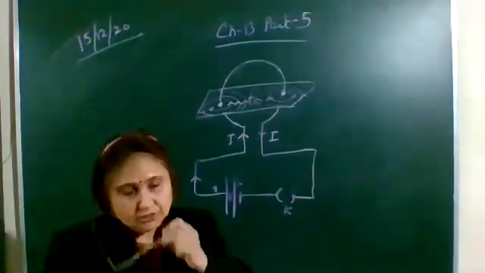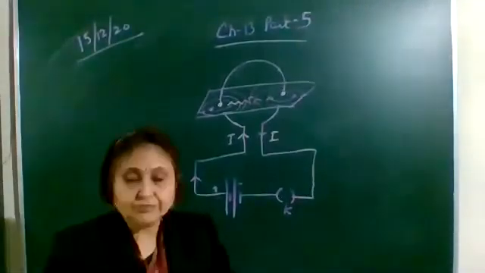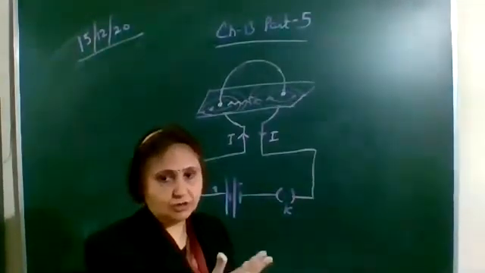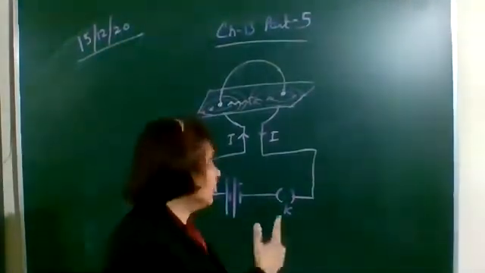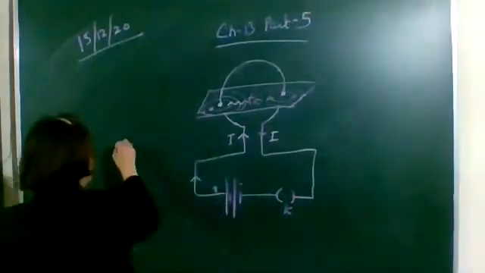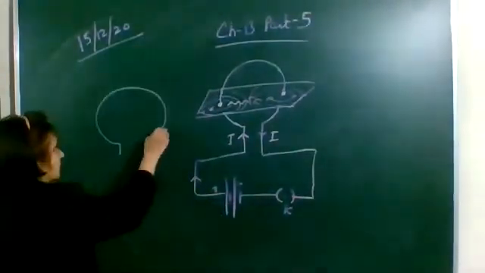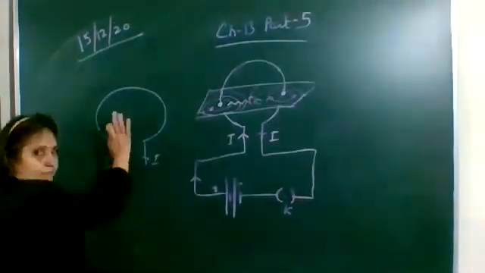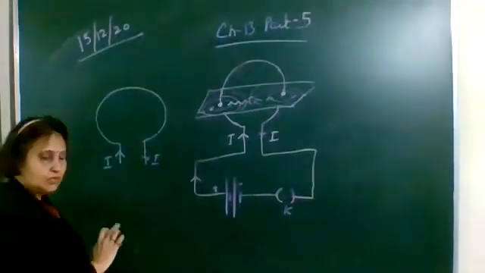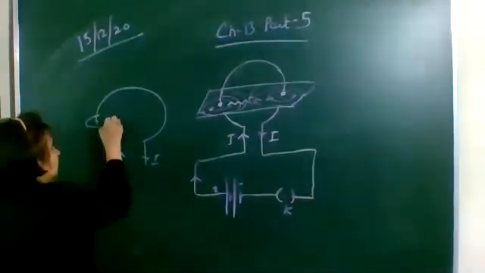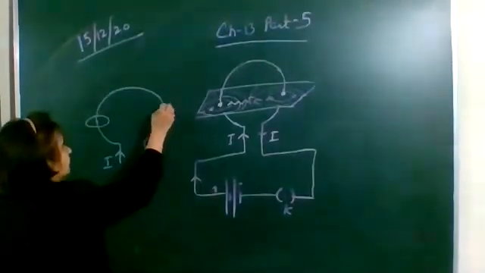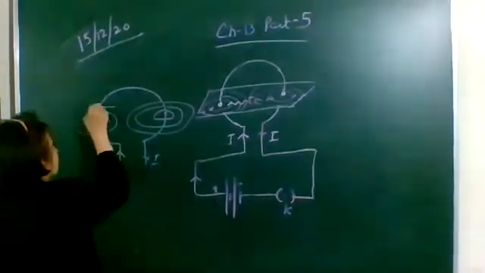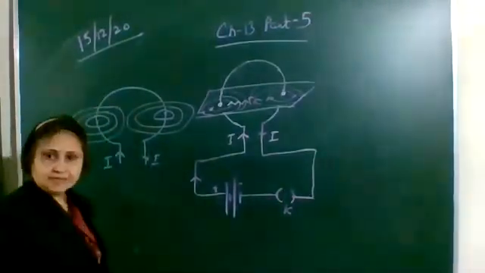You can draw the figure which is given in your book, figure 13.8, in which the loop is perpendicular to the plane of the board, or the plane of the paper. Or you can draw this figure, in which the current carrying loop is in the plane of the board. So these will be the pattern of the magnetic field lines. These will be concentric circles. We have drawn for two dimensionally opposite edges. These concentric circles are representing the magnetic field lines.